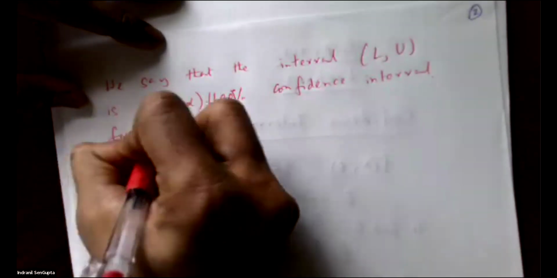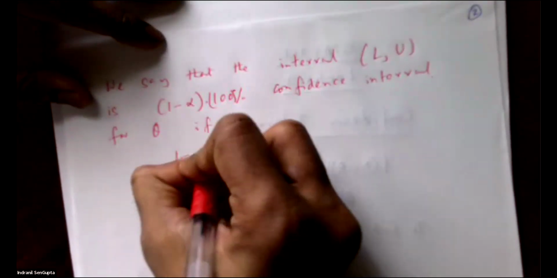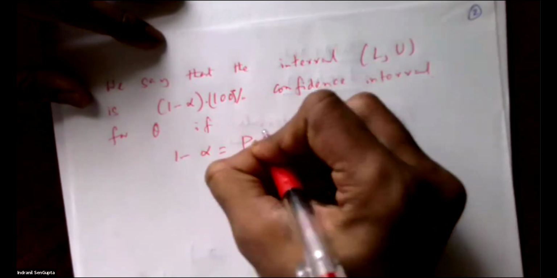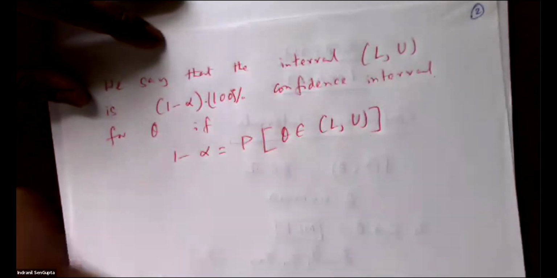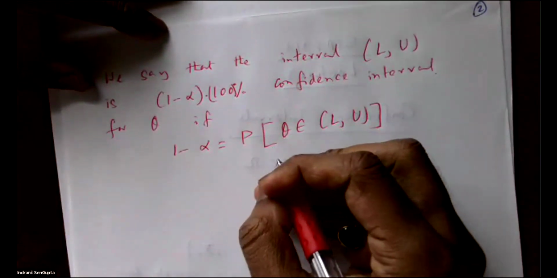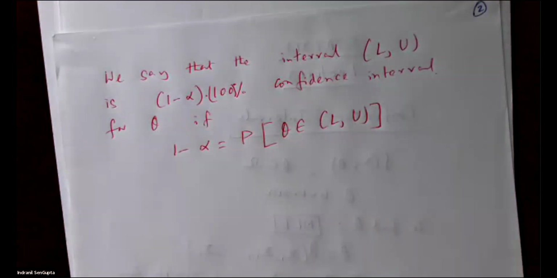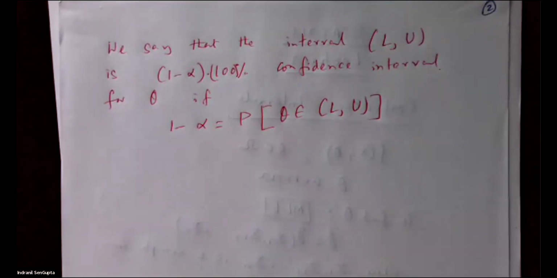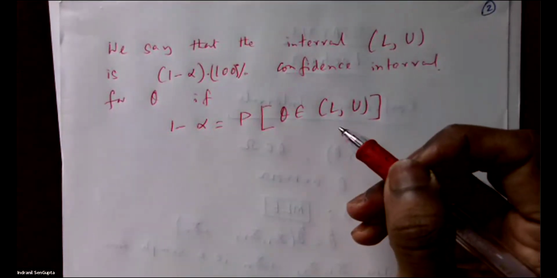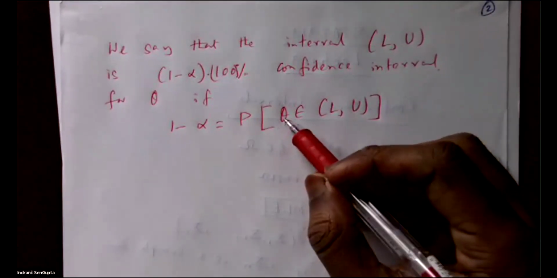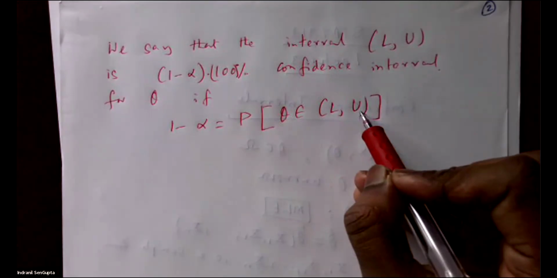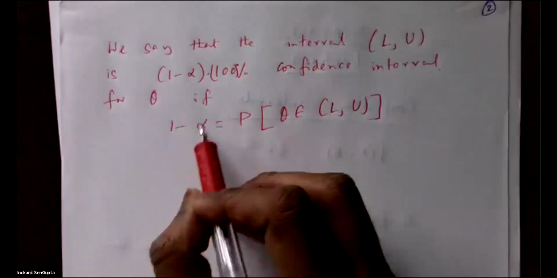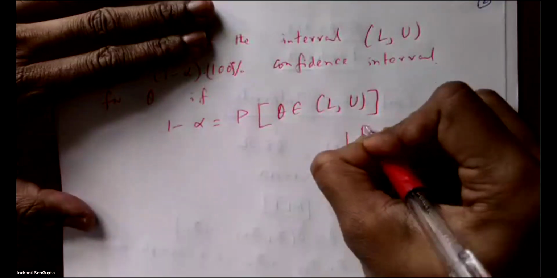for theta if 1 minus alpha is the probability that theta is in this interval. We'll see how it goes, but this is the definition. So what it means is that the probability that the value of theta is lying between L and U is 1 minus alpha. An example would be,